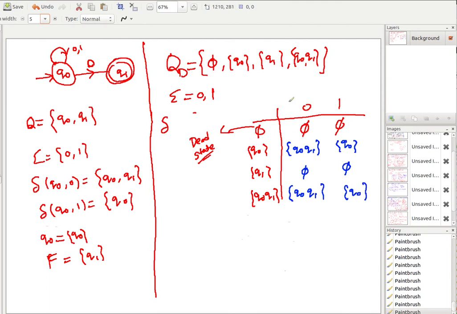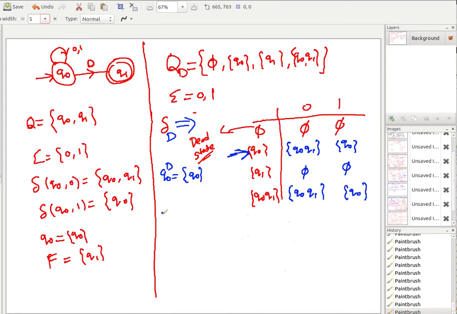Now this is the DFA, but now what information is missing? The start state and the final state. Let's quickly do it based on that. So delta is done. We'll draw the diagram, but before that let's figure out all the components. So this is our delta D. Then what will be the Q0D? It will be the single set starting with Q0. So this is my start state for the machine, right?